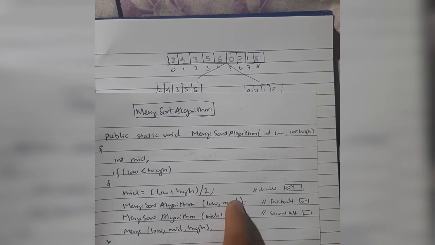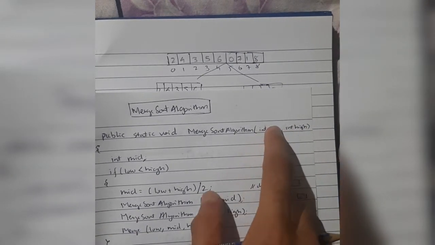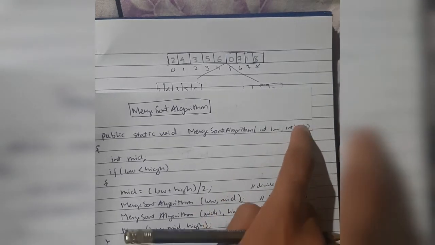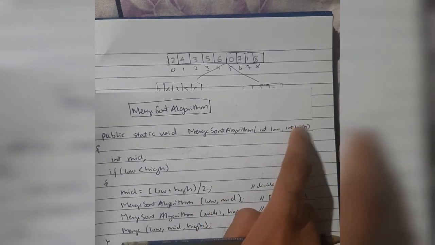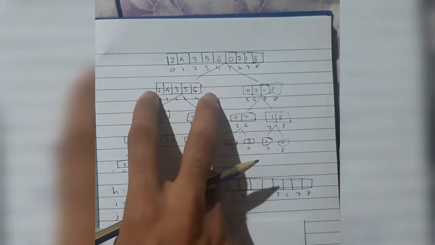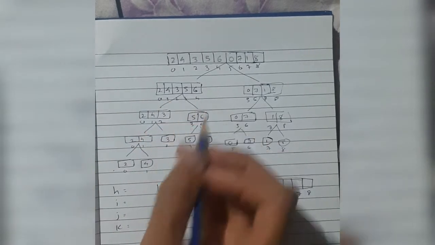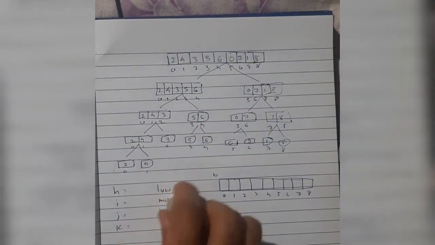We are passing this one to the same function here. Then low and the mid value will be passed to low and high. So low will be 0 only, and mid will be high. So here the value will be mid's value is 4. So what we are doing is, we are dividing the array into two parts, and the first half we are sending now. This array we are sending. So in this array, the low is 0 and high is 4. So that changes will be making here.